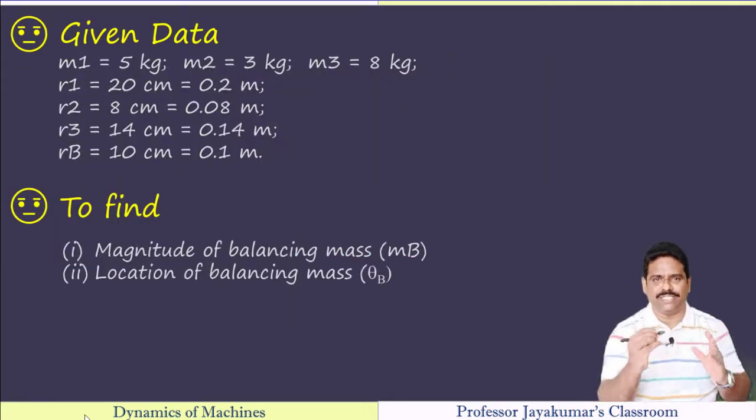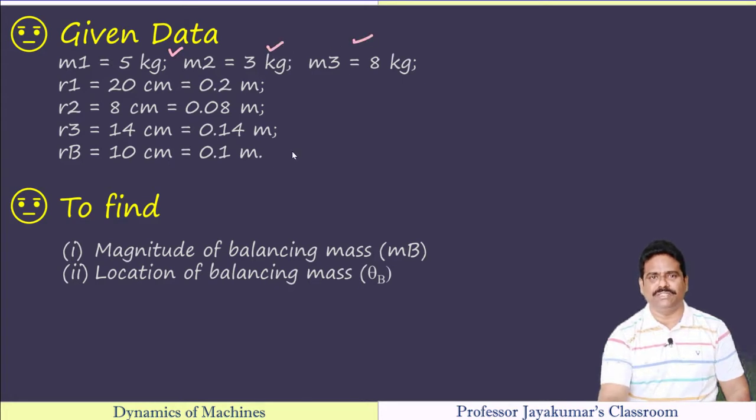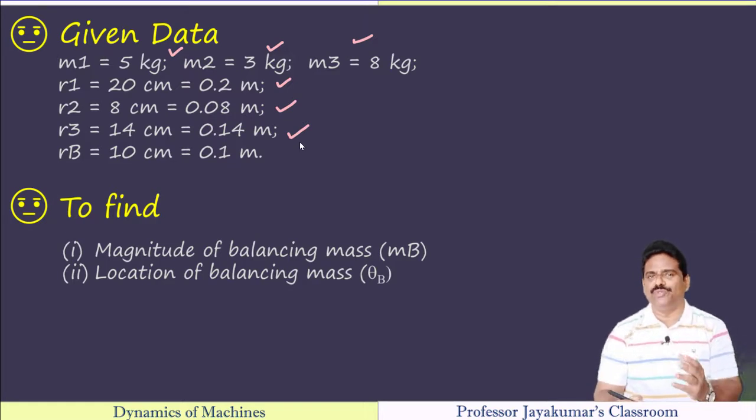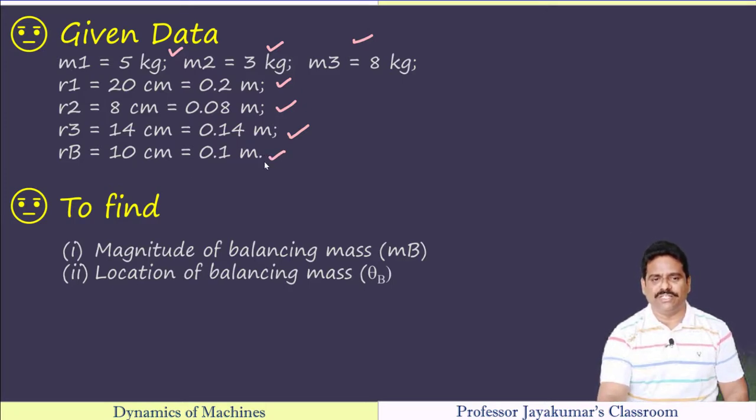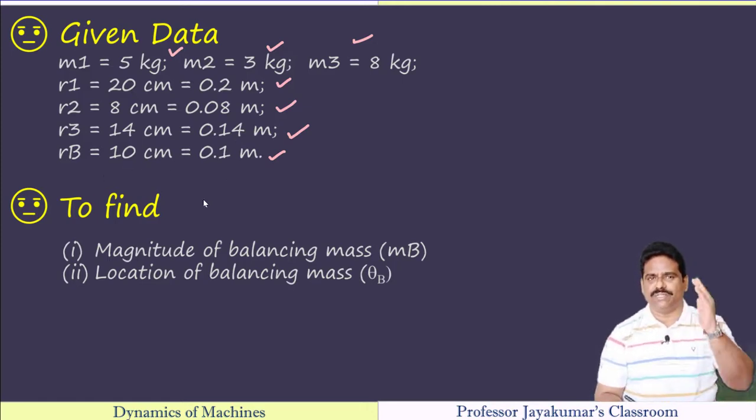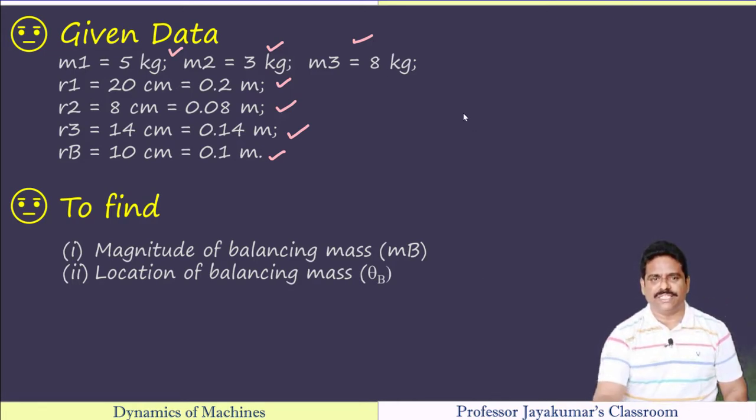As always, let us list out the given data. They are given as M1, M2, M3. Then the radii of rotation of those three rotors are given as 20 centimeter, 8 centimeter, 14 centimeter respectively. And the radius of rotation of the balancing mass is also given, which is 10 centimeter. I'm just listing down all the given data from that problem. As discussed, we need to determine the magnitude of the balancing mass MB and also its location, angular position theta